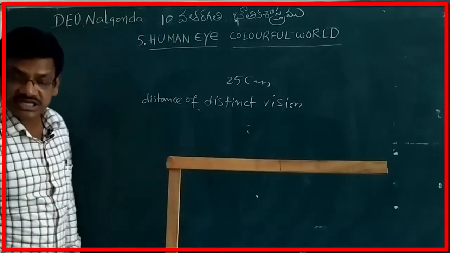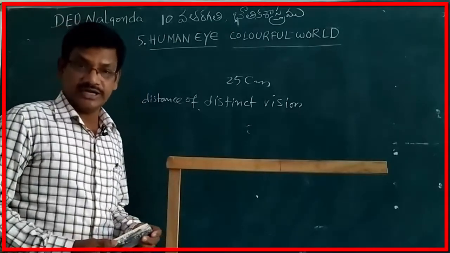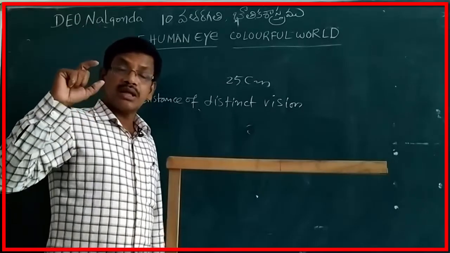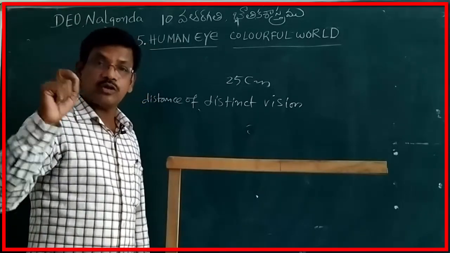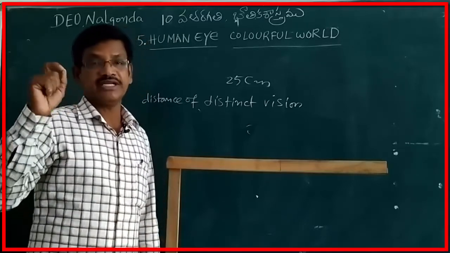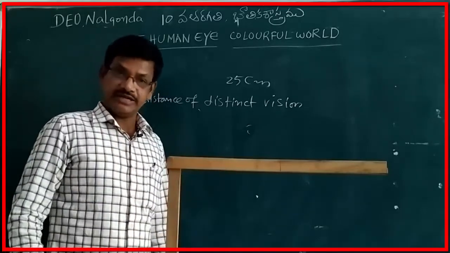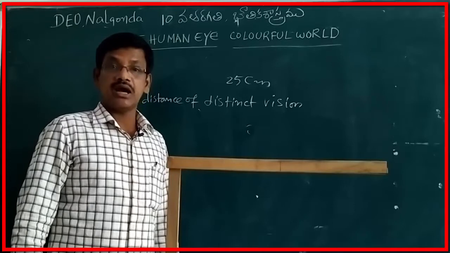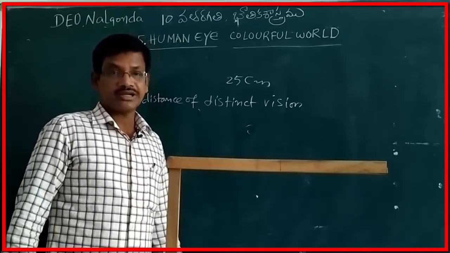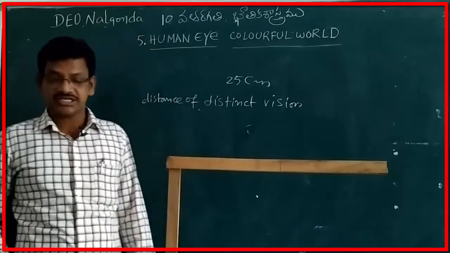Now, some doubt arises in our mind after hearing this activity. What is that? Are we able to see the top and bottom of every object placed in front of our eyes, irrespective of its shape? That is, if any object is kept in front of our eyes, even at the least distance of distinct vision, are we able to see the top and bottom of that object? Really, it's a doubt. So, to get this doubt clarified, we will go for another activity.